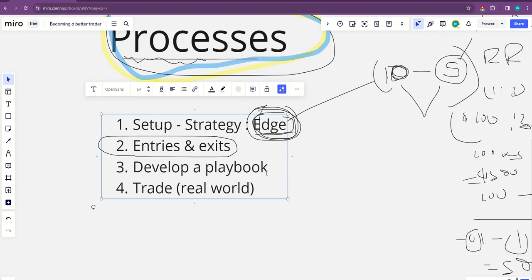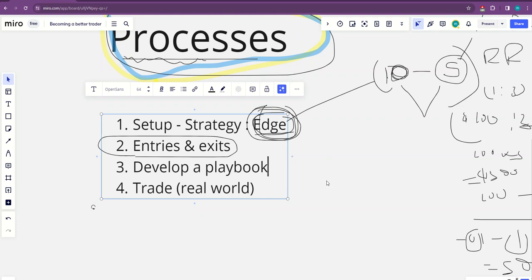So you might have to develop your own playbook. Once you have put in the work, once you have understood your own entry criteria and your own exit criteria. For the setup, yes, you can use any setup. It's going to be very hard for you to develop a setup from scratch, so it's advisable to learn setups from anyone. There are hundreds, if not hundreds of thousands of setups out there.